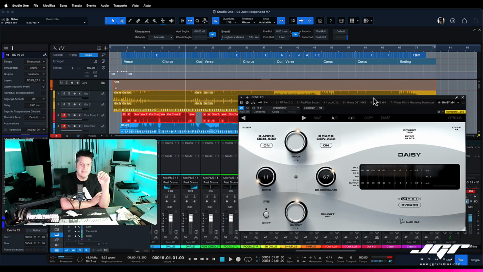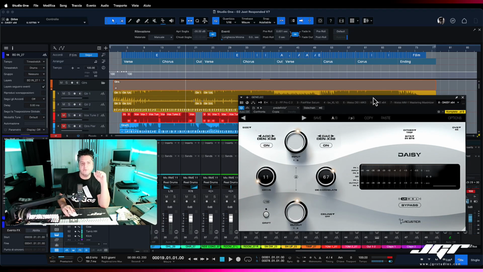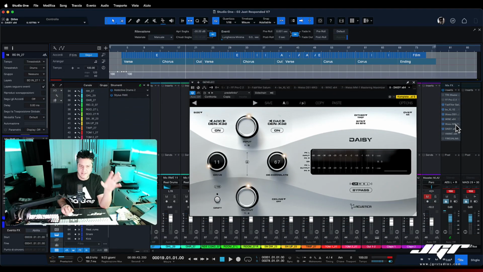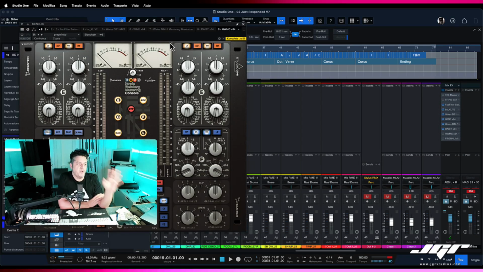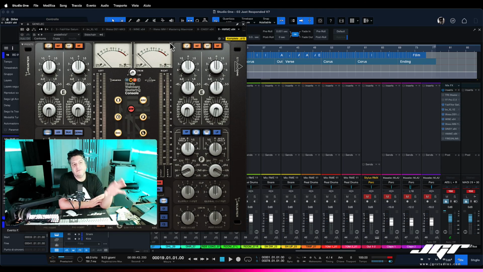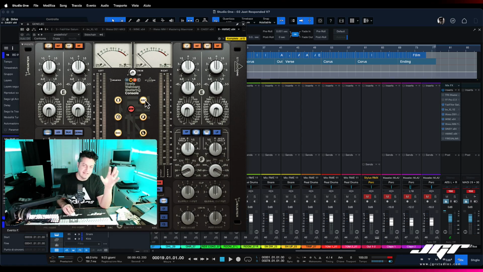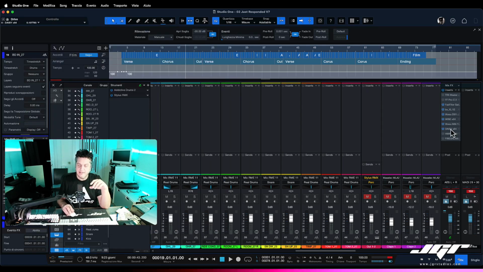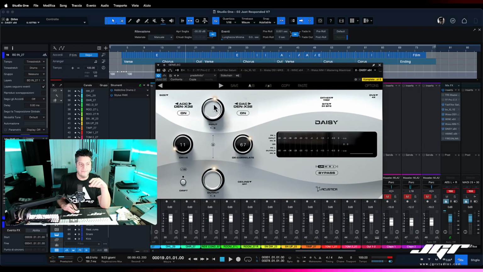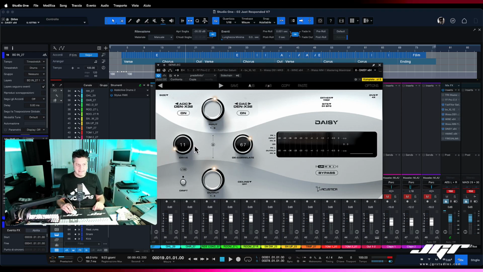This is not the first time we see something like that because it was already present in another Acoustic Audio plugin. It was in Huwi Mastering Console. This console was already previewed and reviewed on my channel. It's in Italian, sorry. But the ADC stage, the color of this stage, was already sampled and used inside this kind of plugin. Now we have Daisy, and Daisy is a collection of 5 different converters, the colors of different converters, and then we can go into listening to what happens inside the converters.